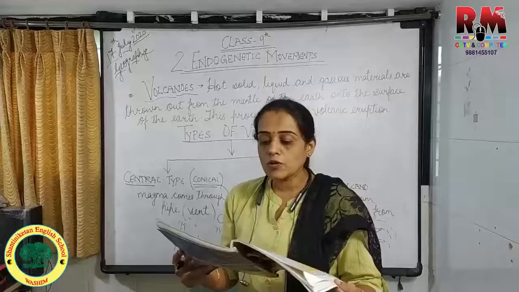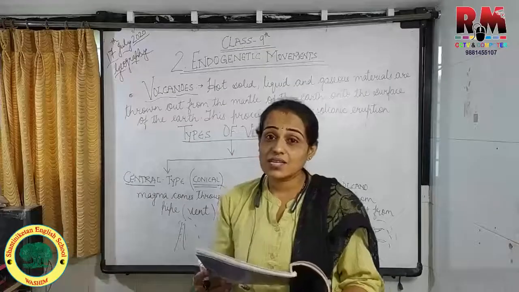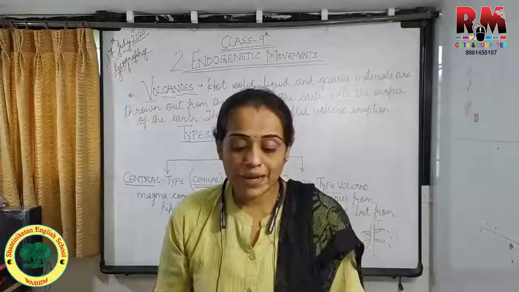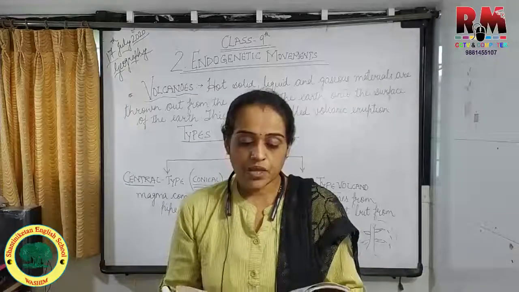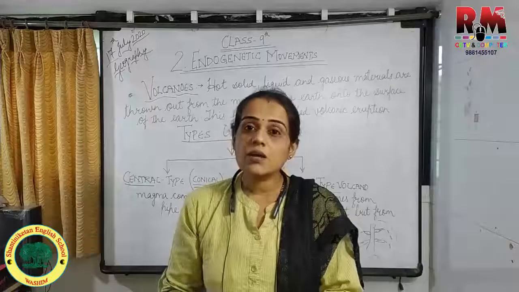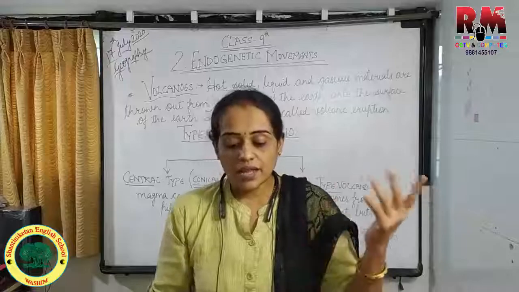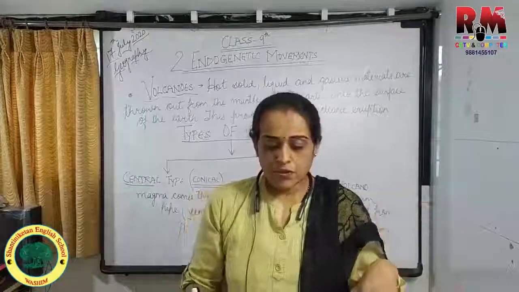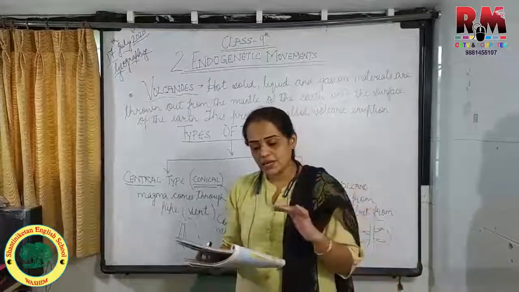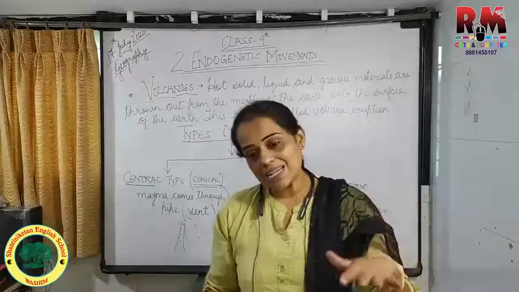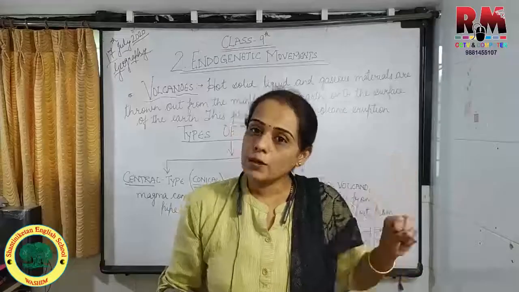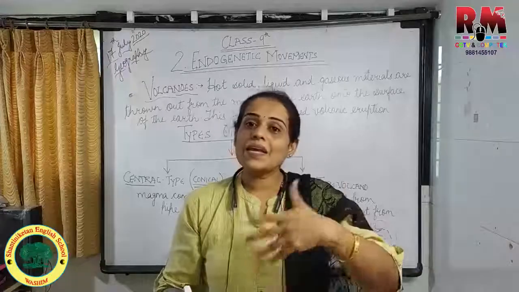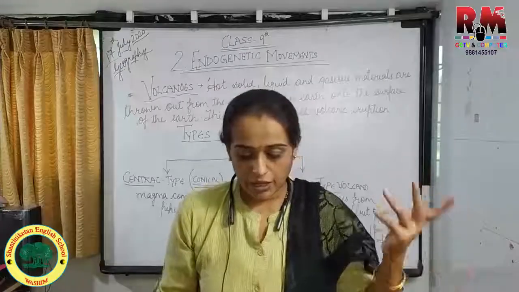Now the part of the plate boundary which slides under the crust is subducted. There is loss of material. Such boundaries are called plate consuming boundaries. In areas where new material is coming up onto the earth's crust, they are called plate creating, that is constructive boundaries. Both processes happen continuously, the subduction and the constructive. Subduction means the plate consuming material, and constructive means the new plate creating area.